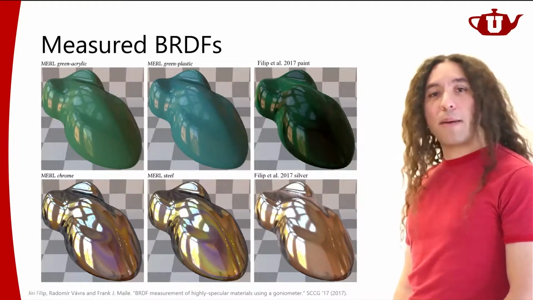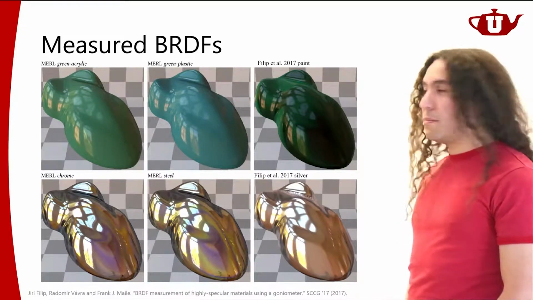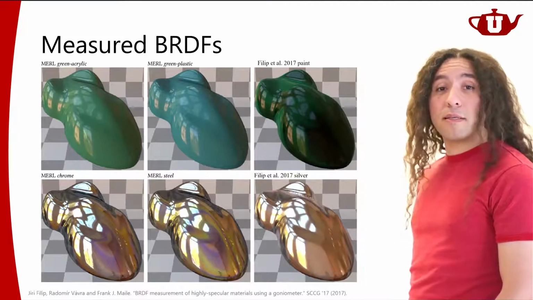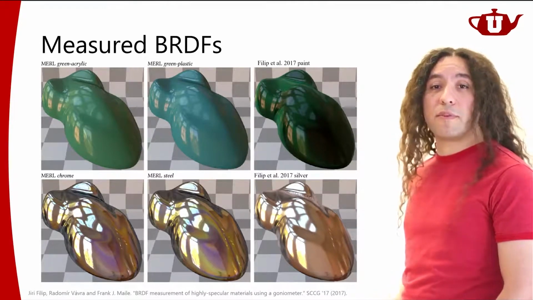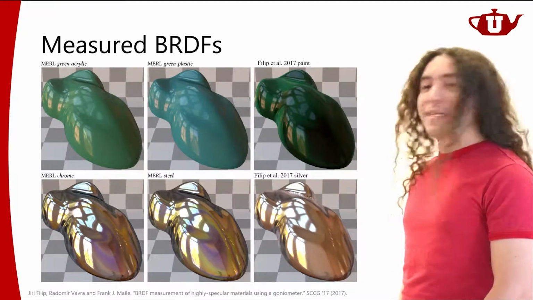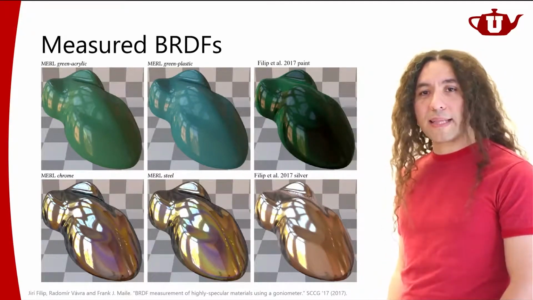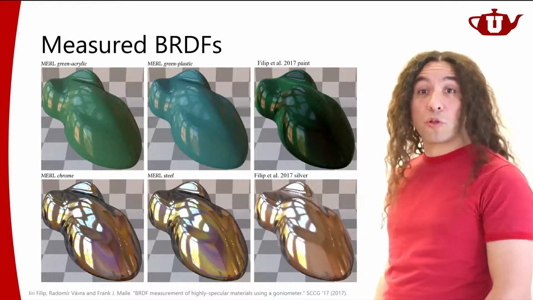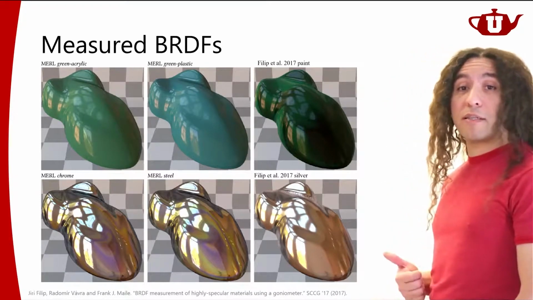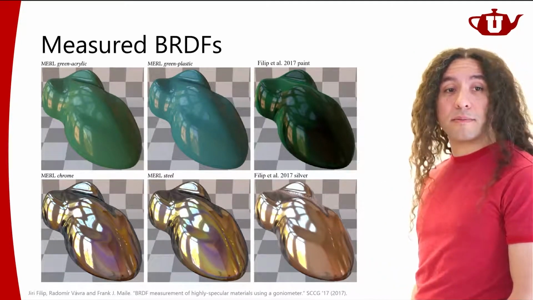And there are different ways of tabulating these values, different material databases. They represent their materials differently. So this is showing some renderings of the different materials. These may or may not look very realistic to you, but at least these materials look exactly like what they're supposed to look like if they were observed under this particular illumination.